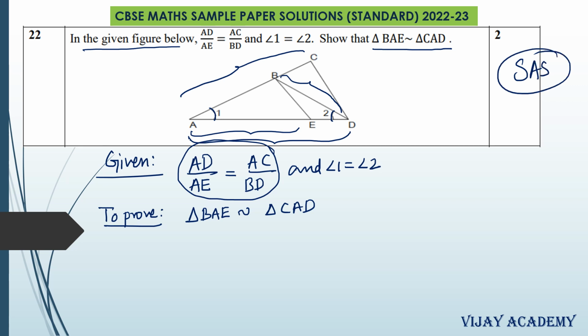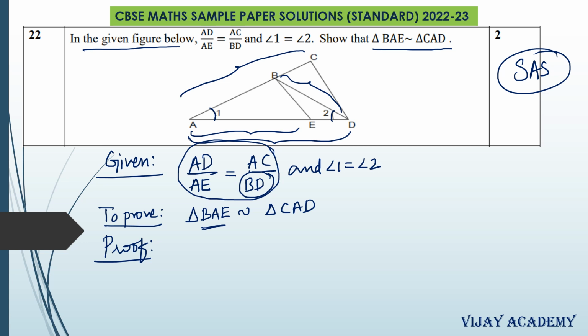So let us try to use SAS criteria, but BD is not a part of the smaller triangle, that is the triangle BAE. BD is not a part of either of the triangles, that is BAE and CAD. So now let us try to convert this BD into the side of triangle ABE. So let us see how is that possible. So in the proof,